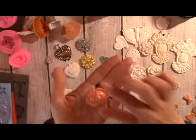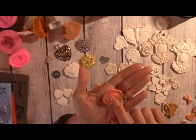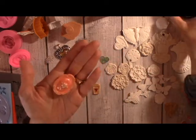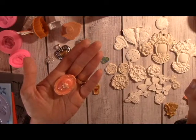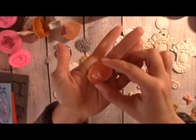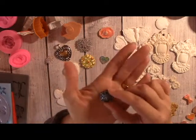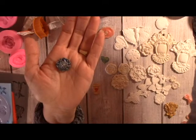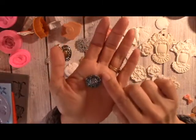This was the mold that Ida gave me, and this is liquid pearls with some of the wax metallic finish. And then this here, I went over with the Extreme Sheen paint, and then I went over it with